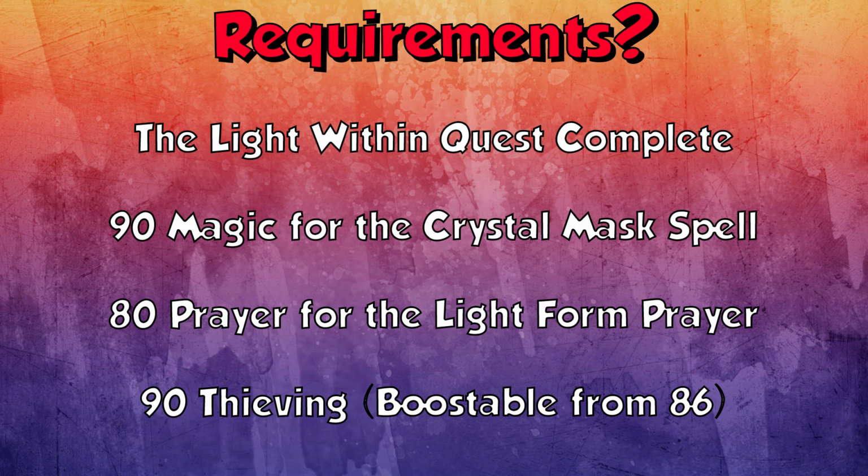As for the requirements, you need to do the Light Within quest. This quest then unlocks the Crystal Mask and the Lightform Prayer. These are the Seren spells and prayers. At 90 magic you can use the Crystal Mask spell, and at 80 prayer you can use that Lightform Prayer. The Crystal Mask will reduce the chance of you getting caught, and the Lightform Prayer will then increase the effectiveness